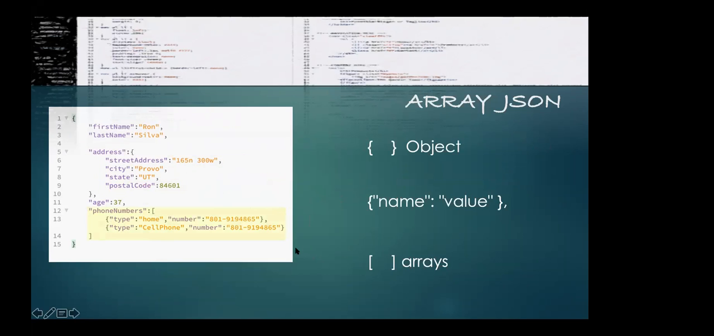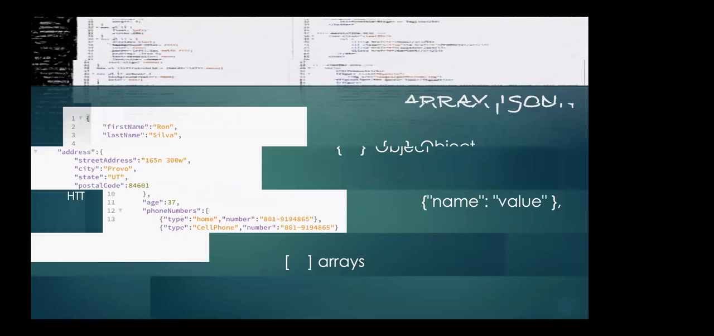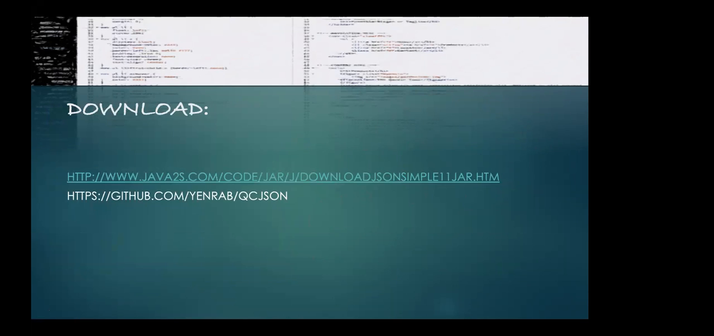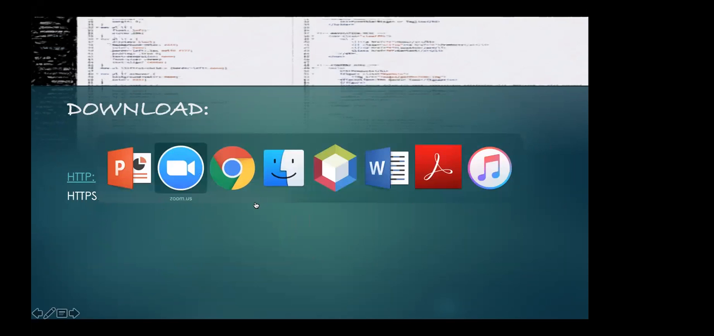Let's see. So to start, we need to download the library. The library allows us to serialize and deserialize the object. I take this one, it's from Java. It's a Java jar. It has to be the file. I was looking now. We can download the QC JSON from GitHub,